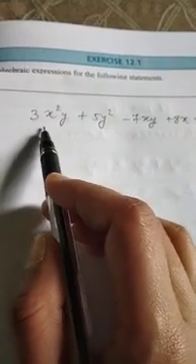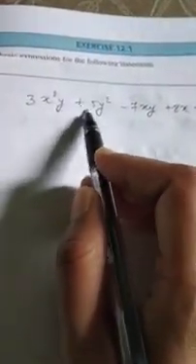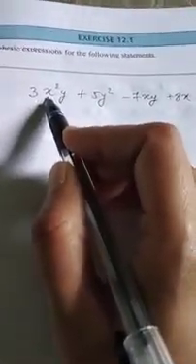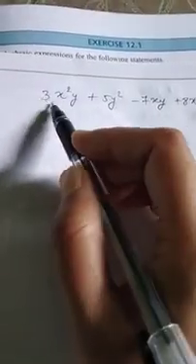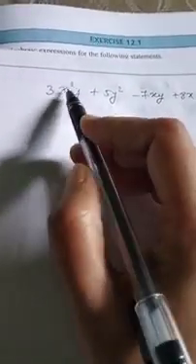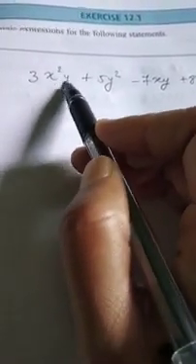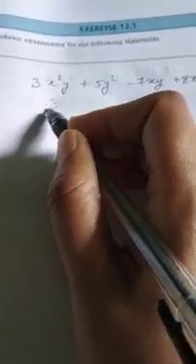Now understand this one. Suppose this is an expression: 3x square y plus 5y square minus 7xy plus 8x. You can see this is a combination of two types of variable, x and y. This is y, this is xy. So how will you write the degree of the polynomial? In this case we will add the power of both the variables. How much power does this x have? 2. What is the power of y? It has no written power, means 1. Now add these: 2 plus 1. This term has degree 3, means the combination of power is 3.